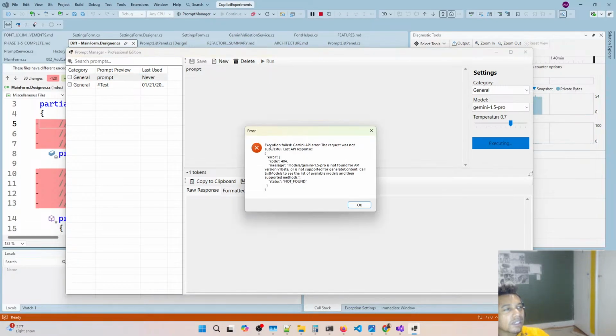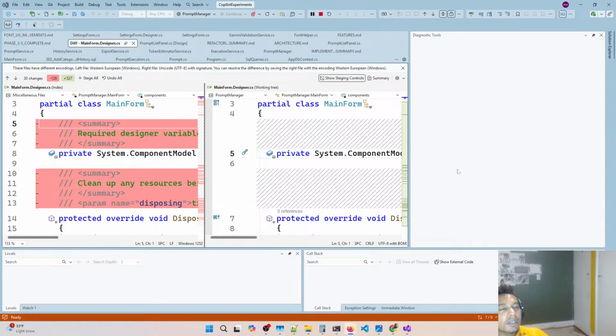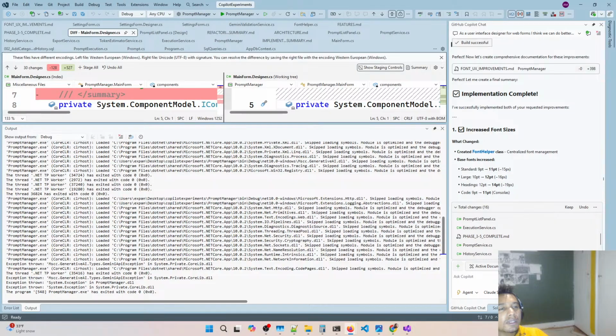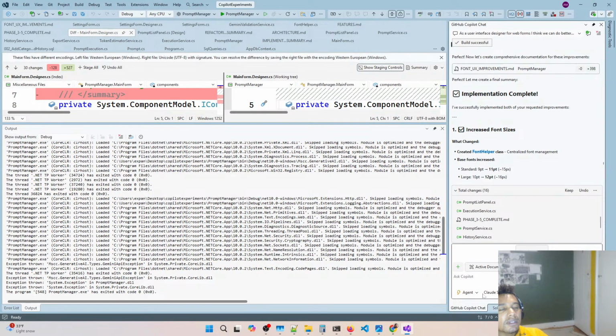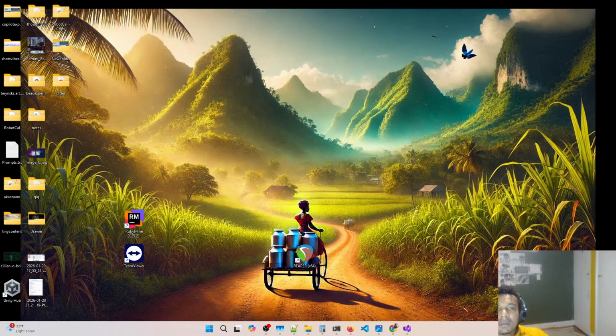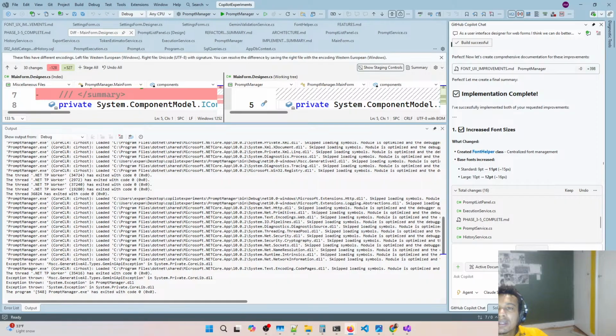Well, now it says not successful, not found. Okay, so we're gonna screenshot this. We're gonna say copy to clipboard, and then we're gonna stop the application. We're going to save this, paste this, and we're gonna go into our Google. We're gonna call this issue